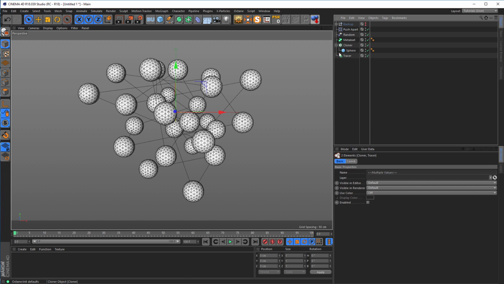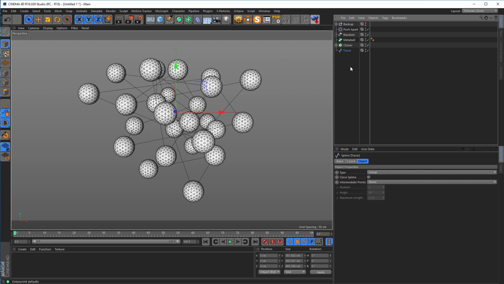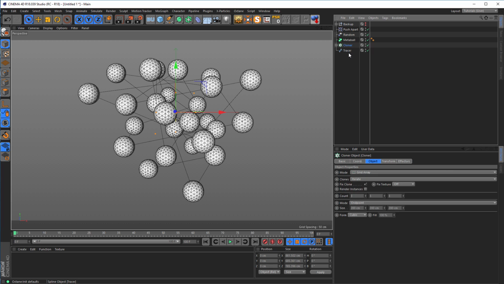deactivate everything here. So, and now I want to make the cloner and the tracer editable, but first you have to make the tracer editable, because if we make the cloner editable first, the tracer has nothing to trace anymore, so we have no splines then. So it's first the tracer, so press C on the keyboard, it's just a spline, so C on the keyboard, that's okay. And now go to the cloner, and with the cloner